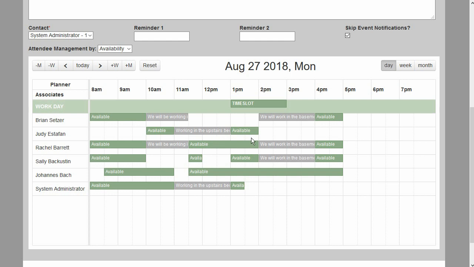You can see that existing events are already in the system so that you don't overwrite one over the other. You can use this as your workspace. You drag this time slot from left to right, and you can resize it as appropriate for your project. And then you select the employees that you want to work on the project based on their availability. And once you have them selected,